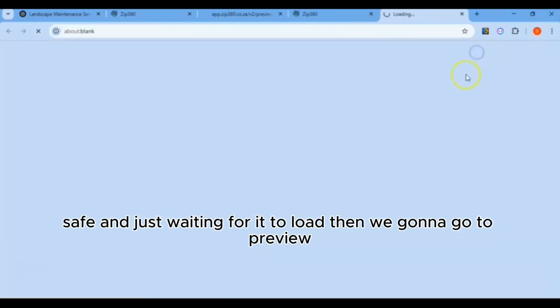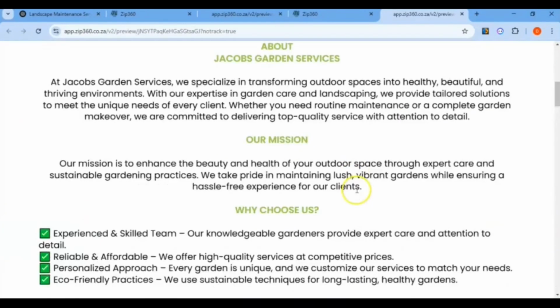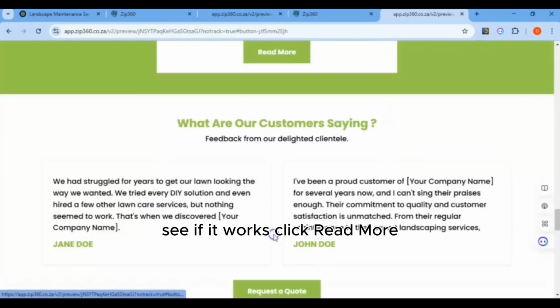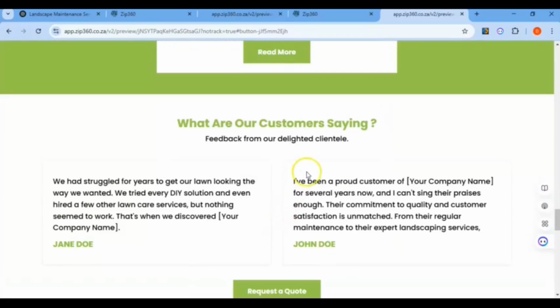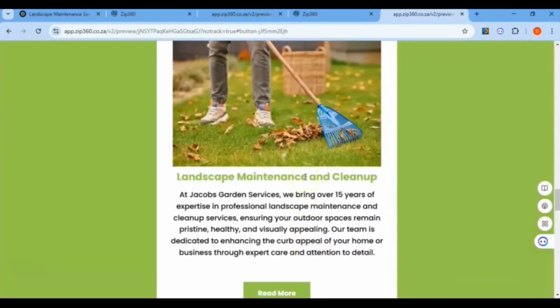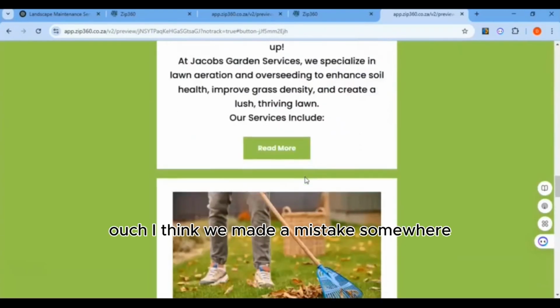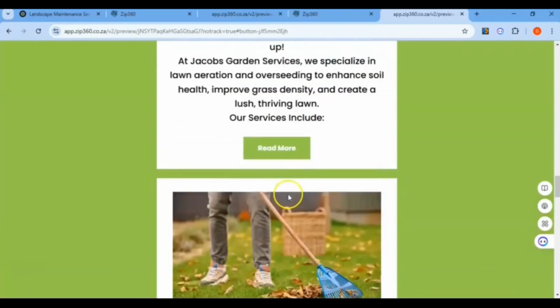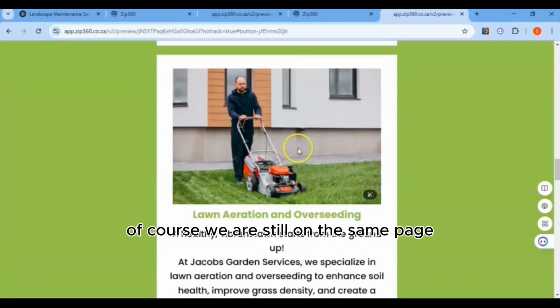We're going to go to preview, see if it works, click read more. I think we made a mistake somewhere. Of course, we are still on the same page.